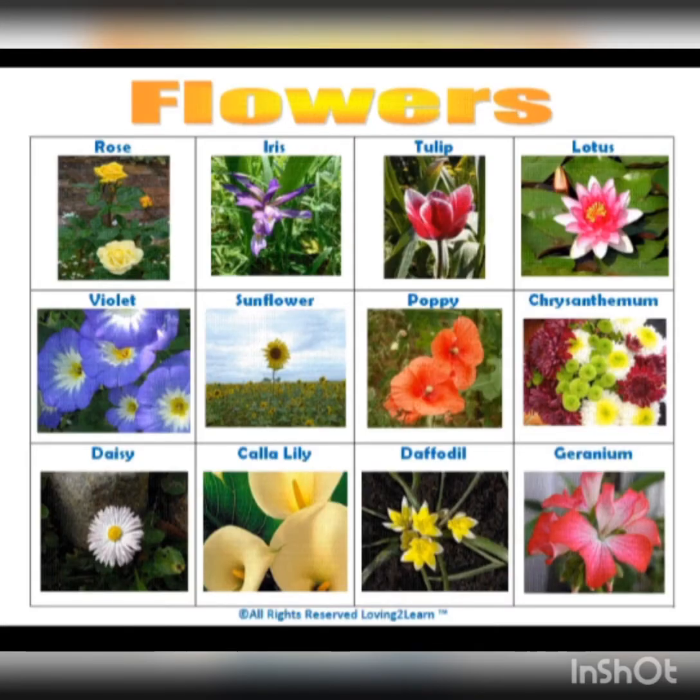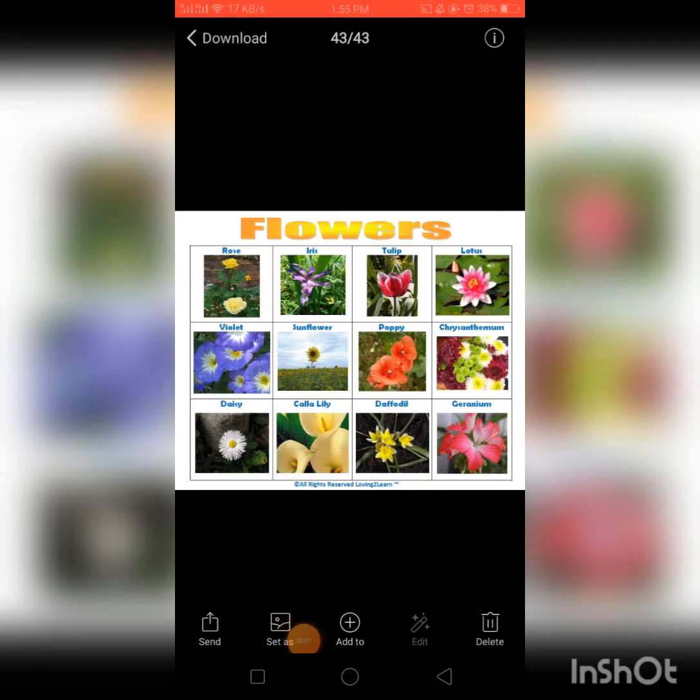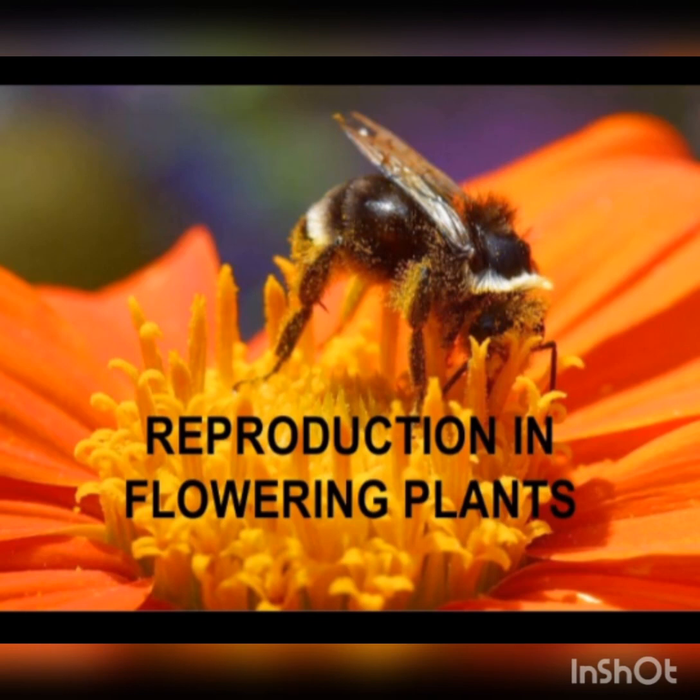What are flowers? Flowers are the reproductive parts of the plant. They come in different shapes, sizes, and colors. In this picture, you can see different colors of flowers. By the process of pollination, many flowers develop into delicious fruits which are eaten by us. Fruits and seeds are formed from the flowers. Next, what is the purpose of these colorful flowers?